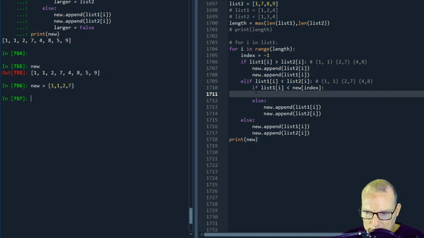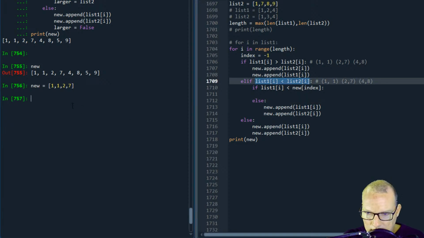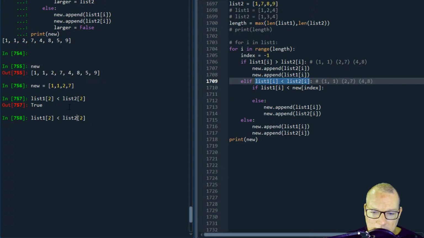Then I'm checking to see if, because if this is less, so right now we're at I2. List 1, 2 less than list 2, 2. Right? So it is true. But is also list 2